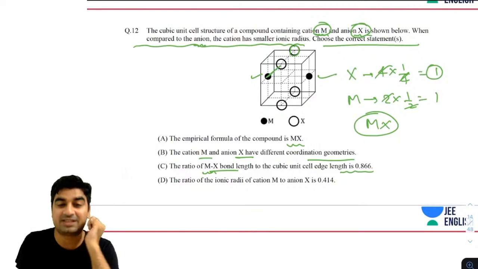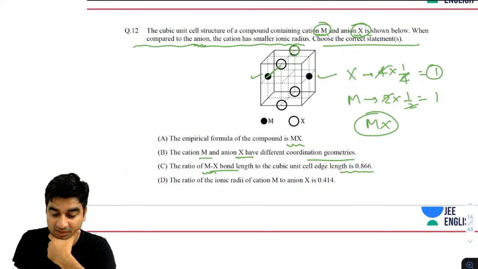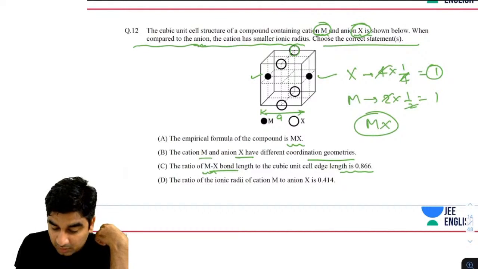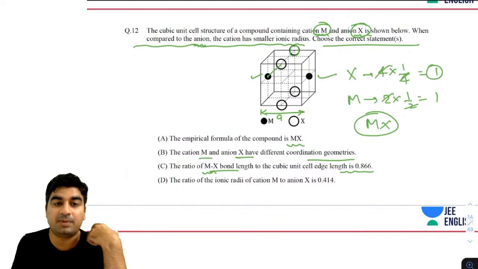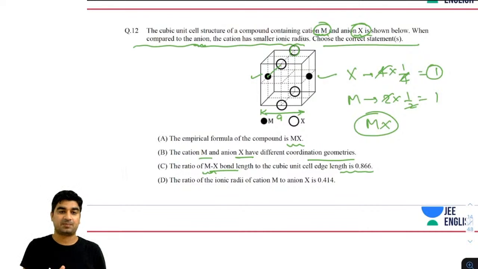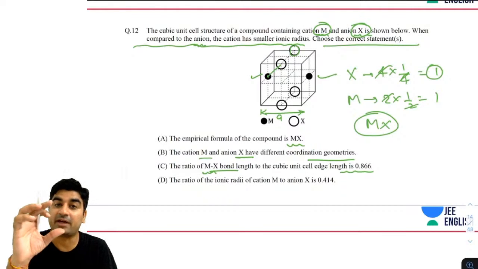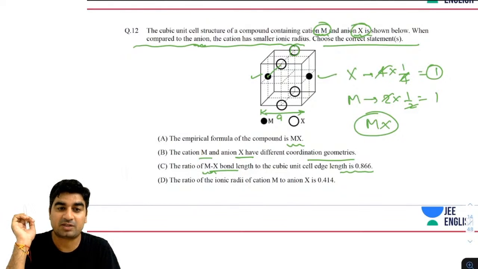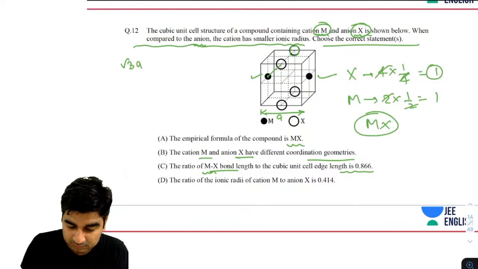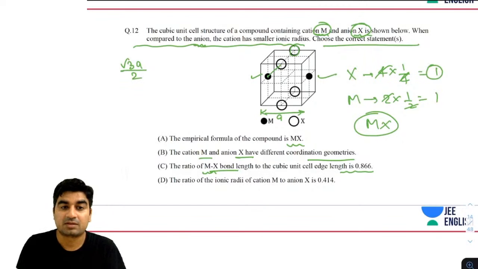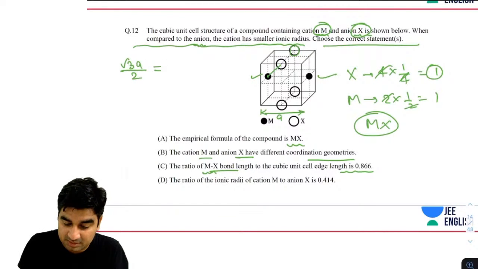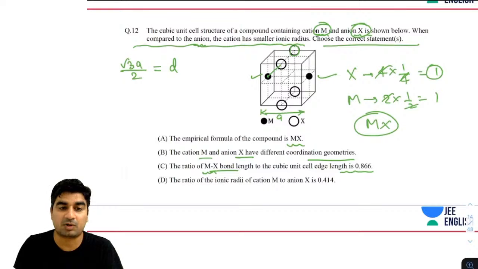So how can you reach there, guys? If you make this triangle here, I can't show this triangle. Suppose this side is a. So you are connecting it. It will be almost the body diagonal of the smaller cube. So guys, it would be root 3a by 2, right? And this is the smallest distance, guys.